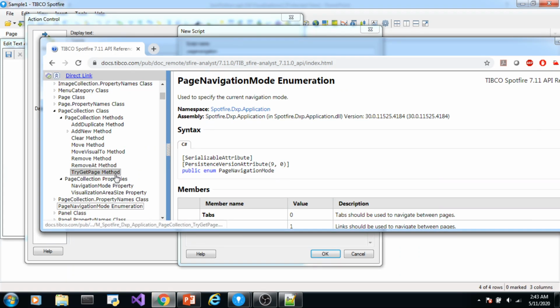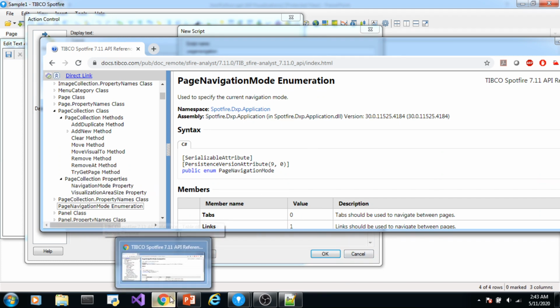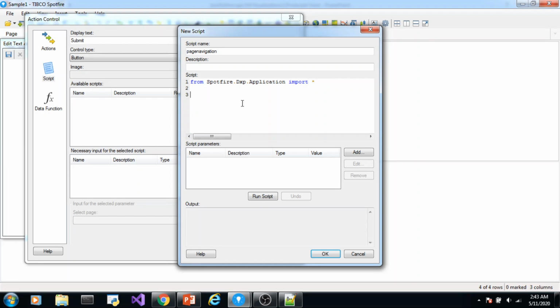Now to the collection of pages, there is a property called navigation mode. I want to access or change navigation mode. To change, you need to learn how to access. So this is how we access navigation mode. Now the point here to bear in mind is navigation mode applies to all the pages collectively. That is, navigation mode is a property of the collection of pages. It's not that one page has one navigation mode, two pages have another navigation mode, and so on. So that is why this property is defined in the class called page collection.